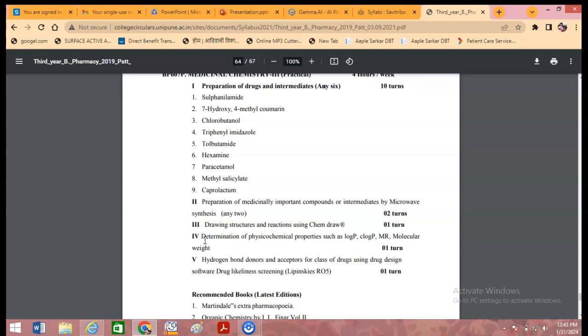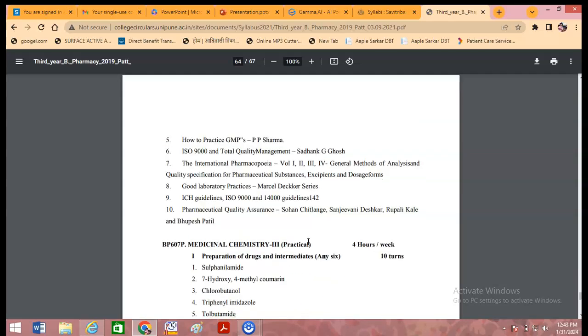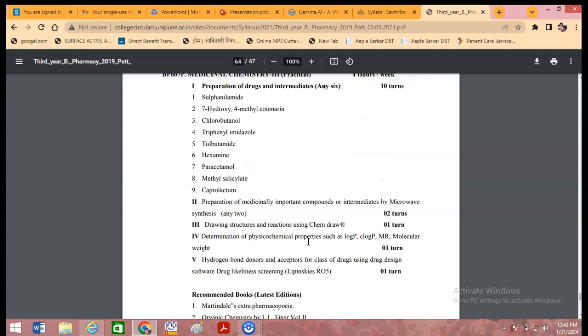So these three practicals are very important from the point of view of drug design, and now it is implemented in TYB Pharm. So we must proceed with the initial step towards computational chemistry, as computers in pharmacy are very important, and they serve the purpose of designing a molecule,